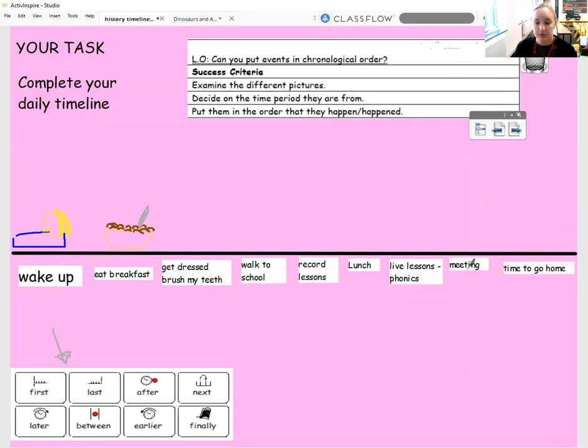And here is an example timeline for you to use, but you don't have to use this idea. You can either draw the pictures or you can write the events that happen. But don't forget to use these time adverbials to say what is happening at each stage, and take a picture of this and submit this piece of work as your history lesson for this week, okay? Because I want to see your super